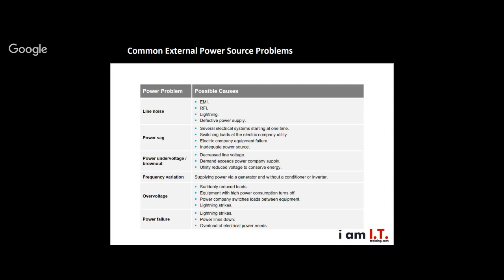So what in the world could cause power source issues that aren't necessarily our power supply unit? Well, external factors are a big thing to make sure you're aware of. You'll see some new acronyms on your slide here, and I want to give you a moment just to take a look at it because there's a lot of text, and then we'll talk about each section. All right,